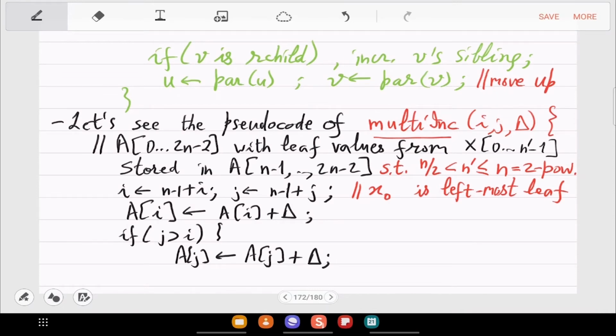So now AI and AJ both are incremented. Now we have to focus on the middle part, right? So for the middle part, like in the example you had 0 to 6, so 4 to 29. So 4 and 29, like in the second tree, we have added this blue 10. And then we have to look at 14, 9, 17, 23 and 21. Right, so now we have to move to that part.